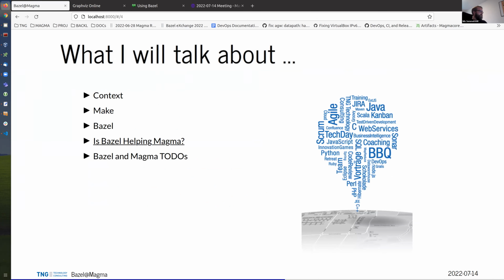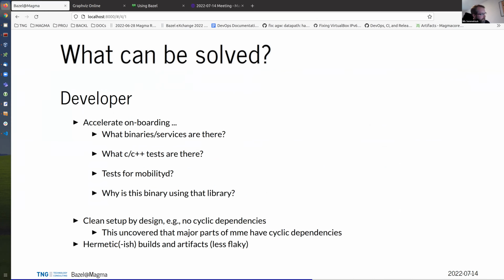Then the question: is Bazel helping Magma? My opinion about this: I've split this up into a developer and an end user perspective. So let's start with the developer, so basically the developer experience. Bazel, in my opinion, has the potential to accelerate onboarding.